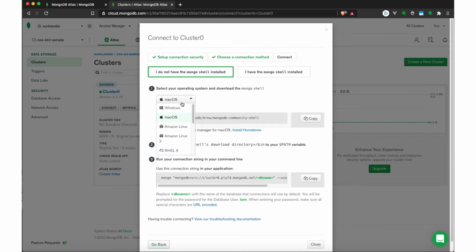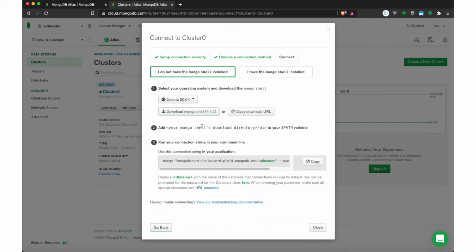There's a bunch of other options in here. If you're on Windows, you get some different options. If you're using Amazon Linux, Red Hat Enterprise, Ubuntu, SUSE, Debian, right? There's a lot of different distributions of different operating systems where they've provided you with an executable. So you can choose the machine of interest, probably either Windows or Mac, or if you're running on a lab machine, I think the current install of Linux on the lab machines is Ubuntu 20.04. So you would choose that,